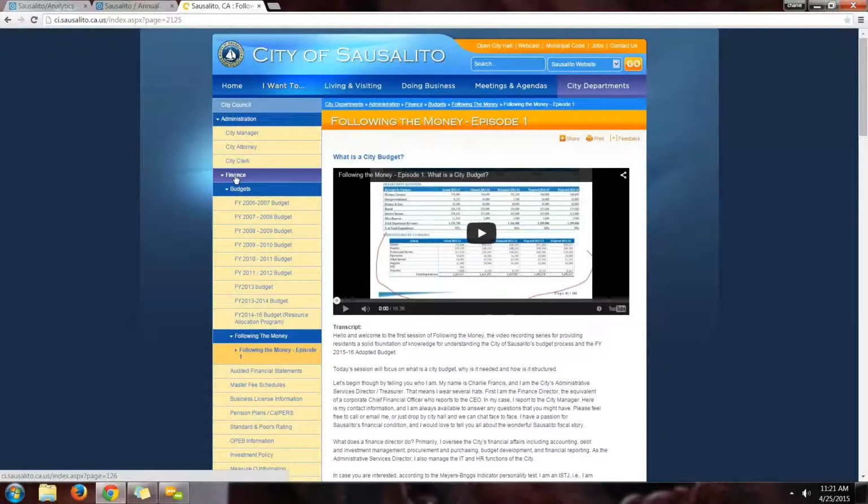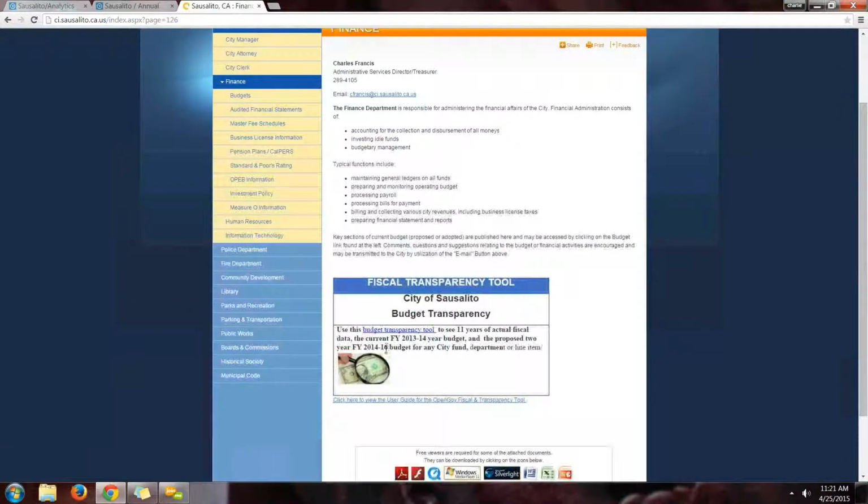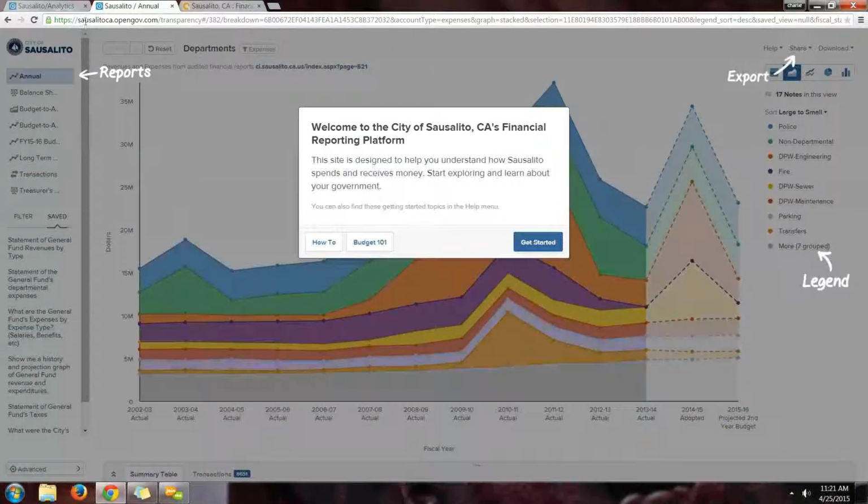Today's session is on how to use the city's budget transparency tool, OpenGov, which can be found by going to the Finance webpage and clicking on Fiscal Transparency Tool. There's a user guide on how to use OpenGov, and it can be downloaded here. Of course, the easiest way to get to OpenGov is just by bookmarking this URL,